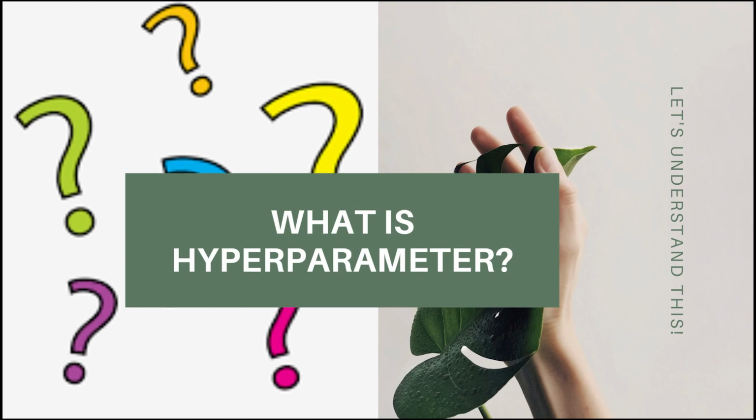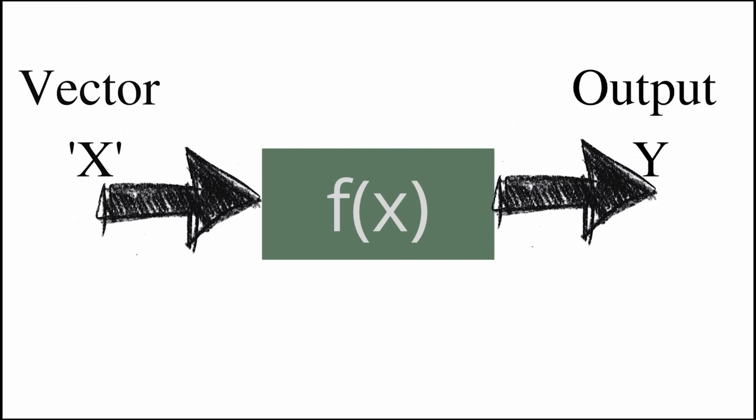This will be a little theoretical session, which is really important to understand the practical stuff that will be coming in the next video. So let's get started. First, let's understand what the heck a hyperparameter is and why it needs tuning. Basically, an ML algorithm is nothing but a function where, given a value of x, we need to predict what value this function will generate as y.